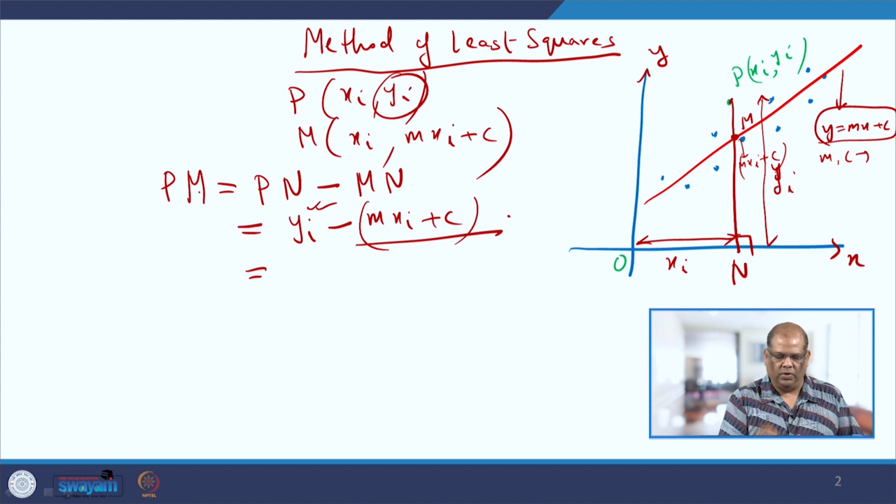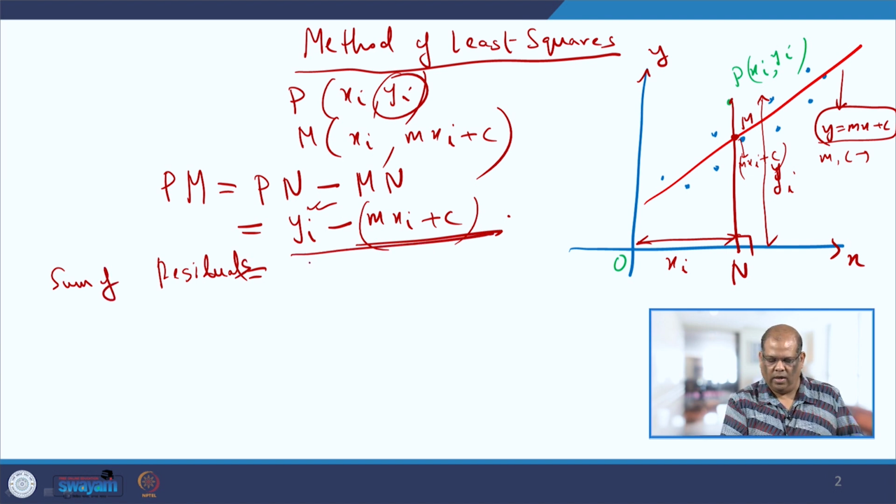So, this gives you the residual. The next thing you do is take the sum of the residuals. This is true for the ith point. If I consider there are n number of points, this is yi minus mxi minus c